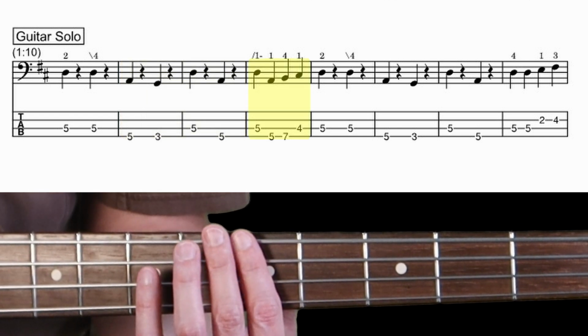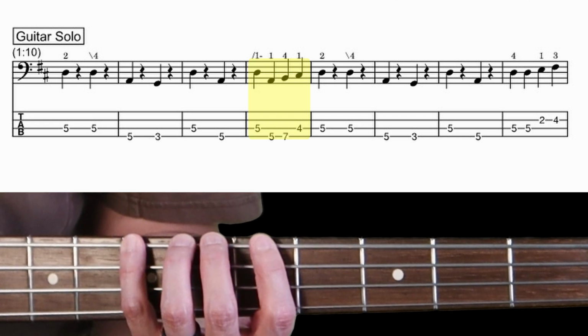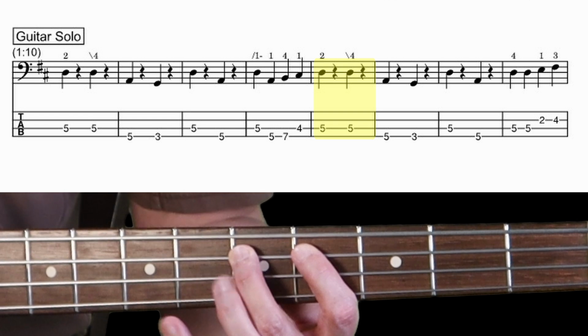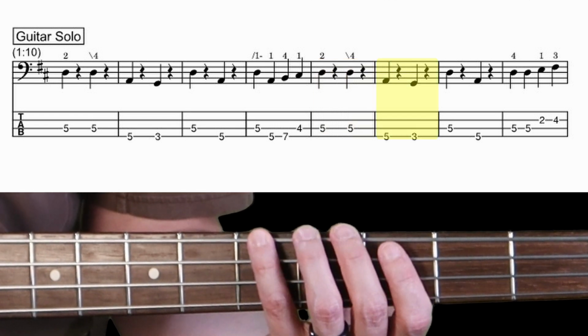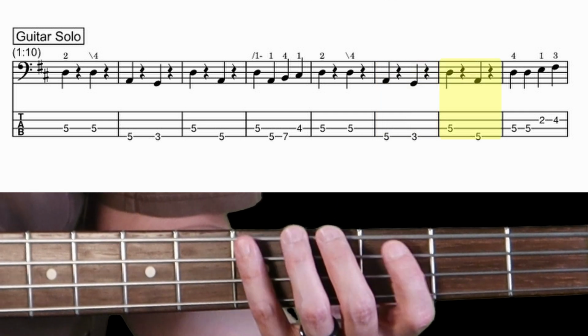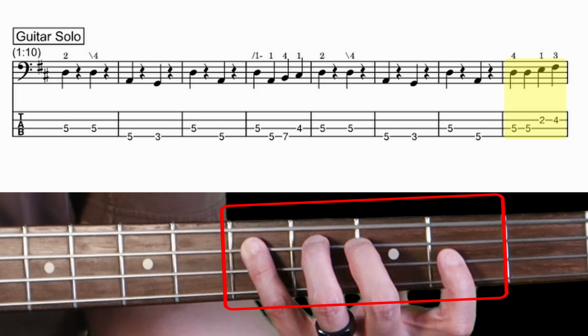Again, same thing here. We're going to slide up, do a position change, prepare the bar. We have D, A, barring that, 7th fret, 4th fret, 2nd finger, position change, 4th finger. And again, in a closed position, A and G, the D and the A. And now I'm going to hit my Ds with finger 4, and I'm going to go into an open position